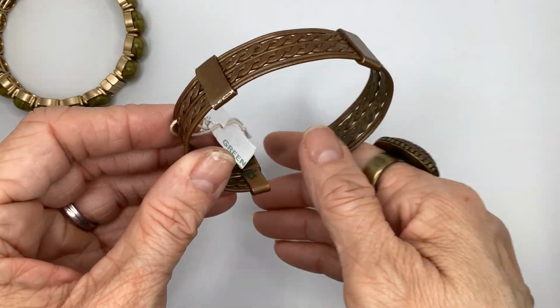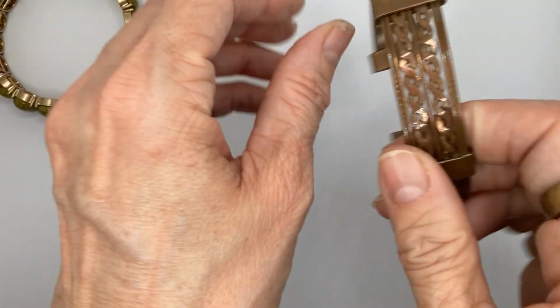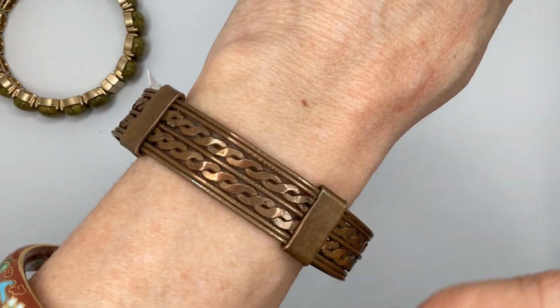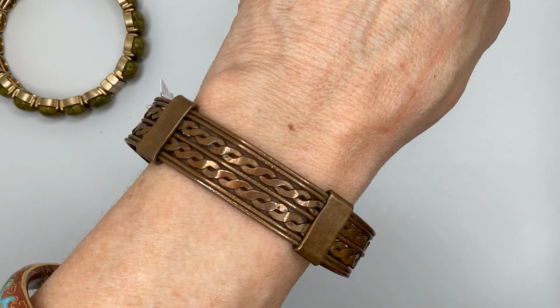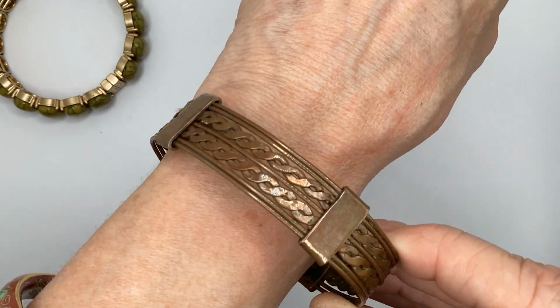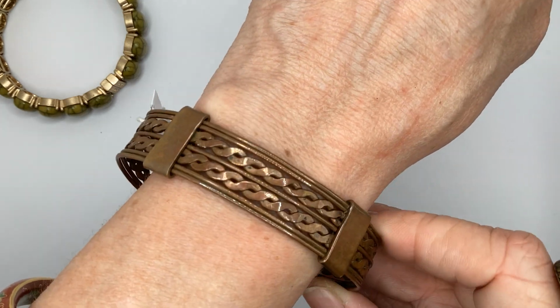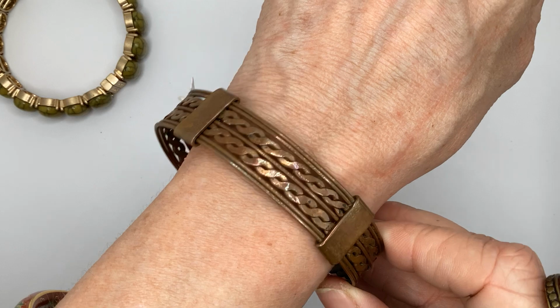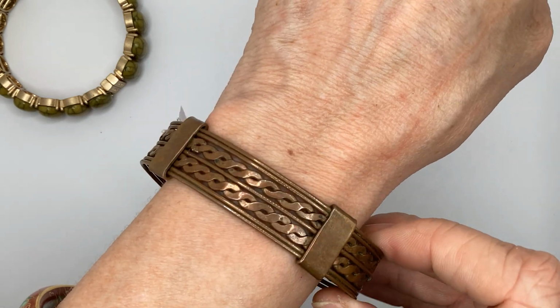Yeah, it's a nice bracelet. Let's see, sort of an open bangle style. Some people like it when you clean up sterling silver or precious metal, kind of. I don't really think copper is considered a precious metal, but you can tell me in the comments,